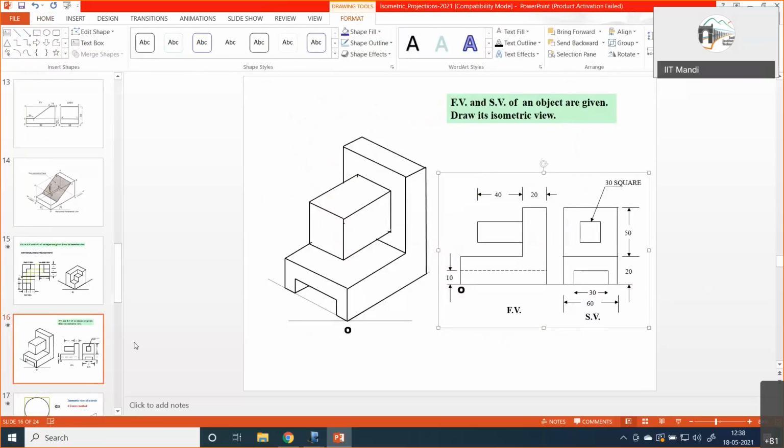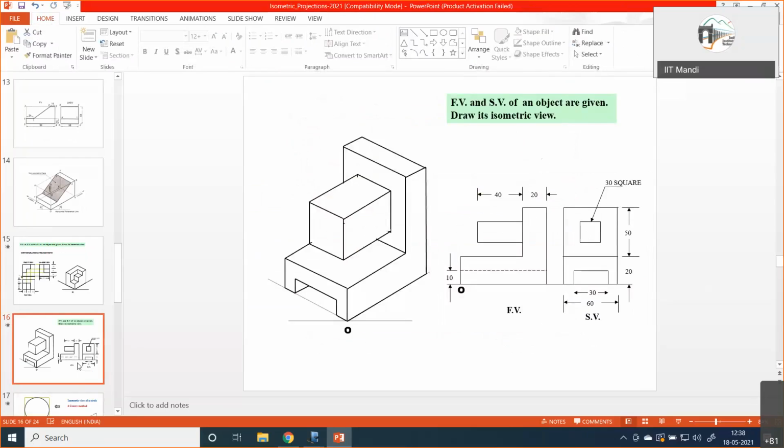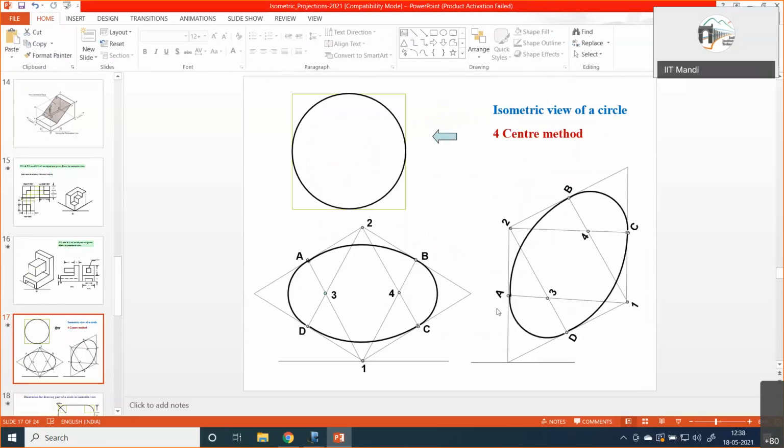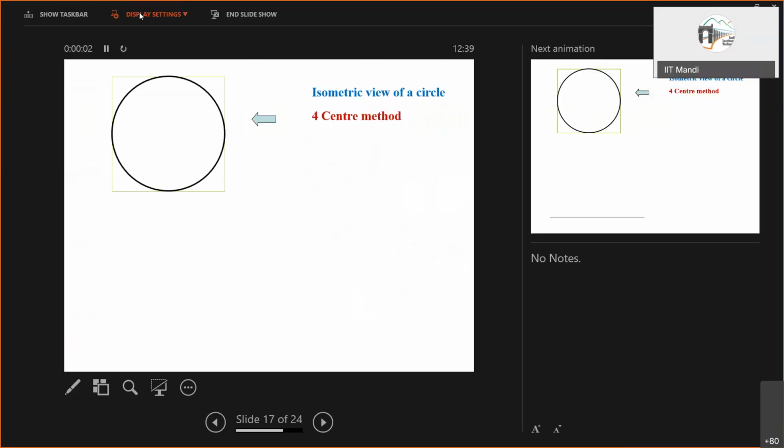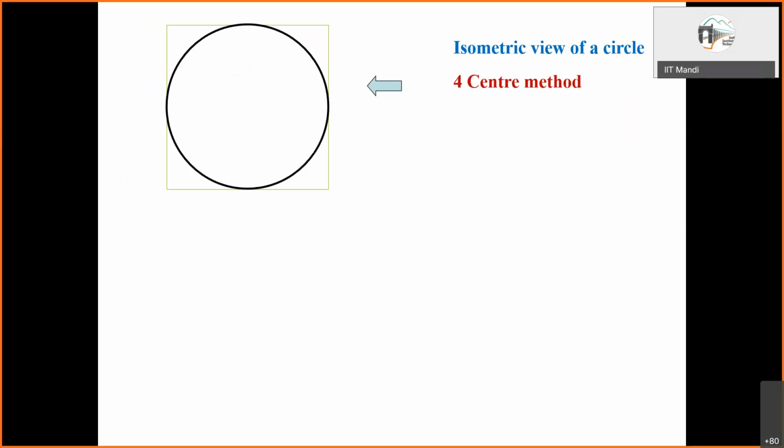Let us consider this next case, that is of the circle. As you can visualize, a circle will actually become an ellipse when we consider the isometric projection.